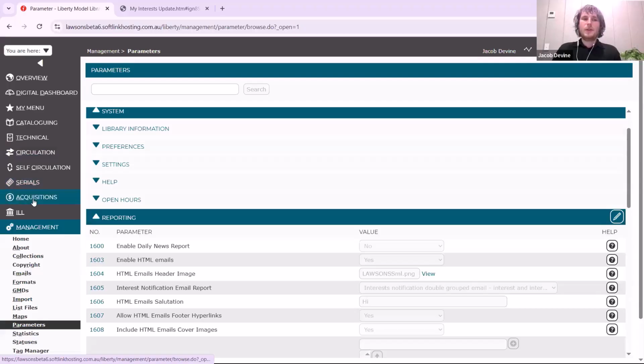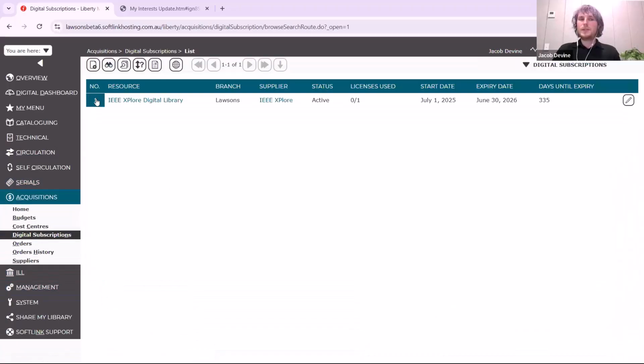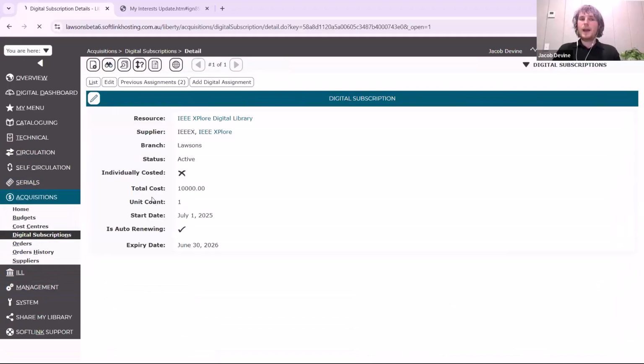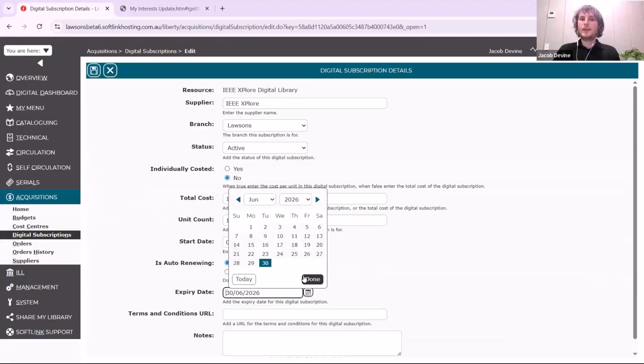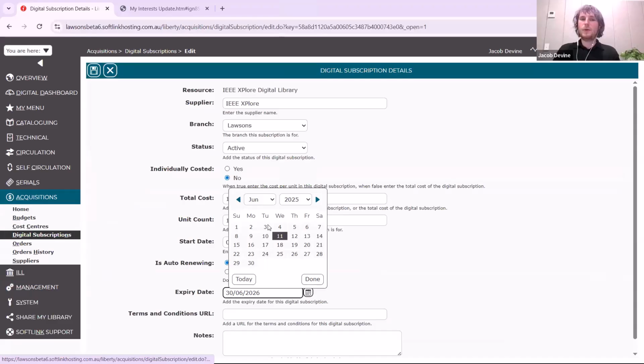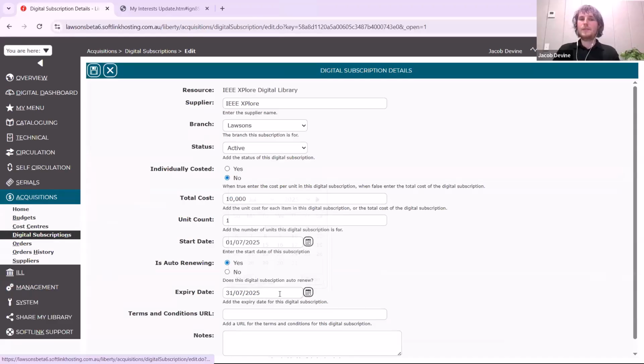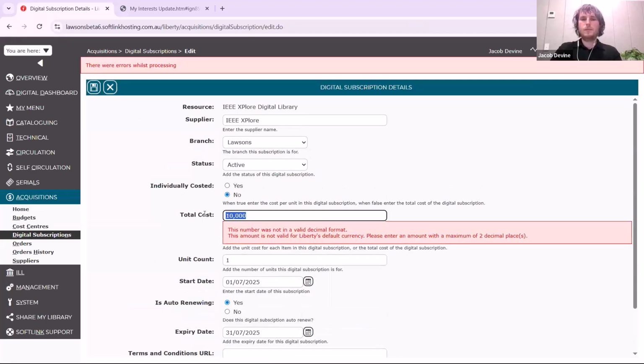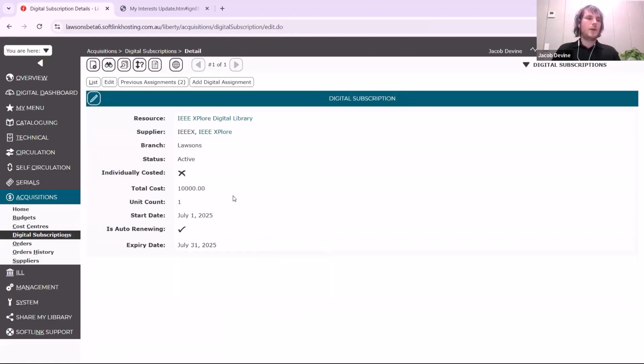Next, I'm just going to readjust my digital subscription so that it expires in the next 28 days, and we'll take a look at some of the dashboard widgets that show for that record. So if we just put it as expiring at the end of this month, for example, and click Save. Oops. We'll update our cost. There we go. So now that our expiry date is set to the end of the month,